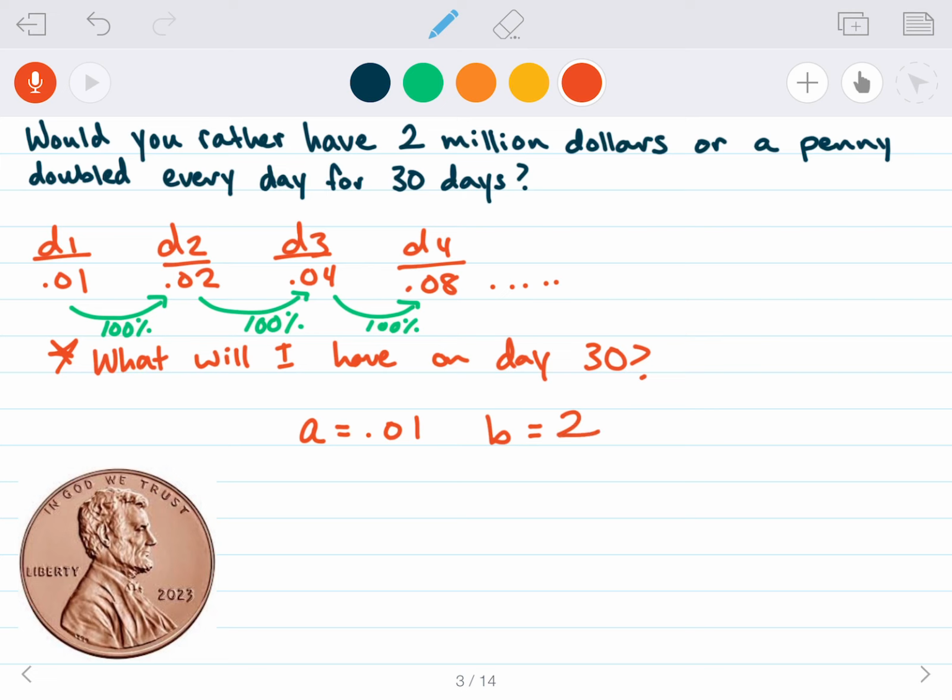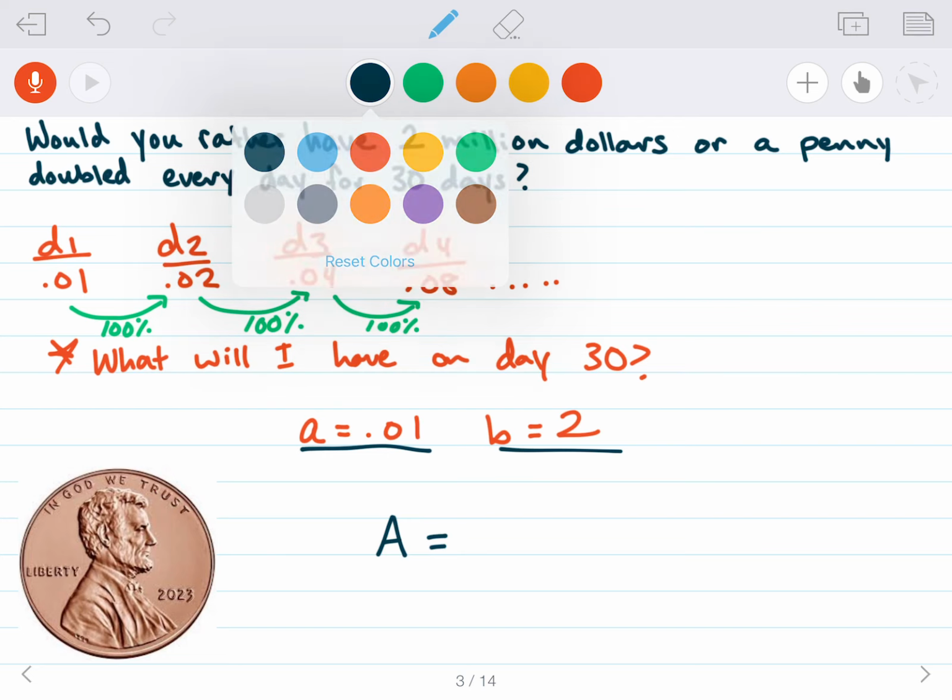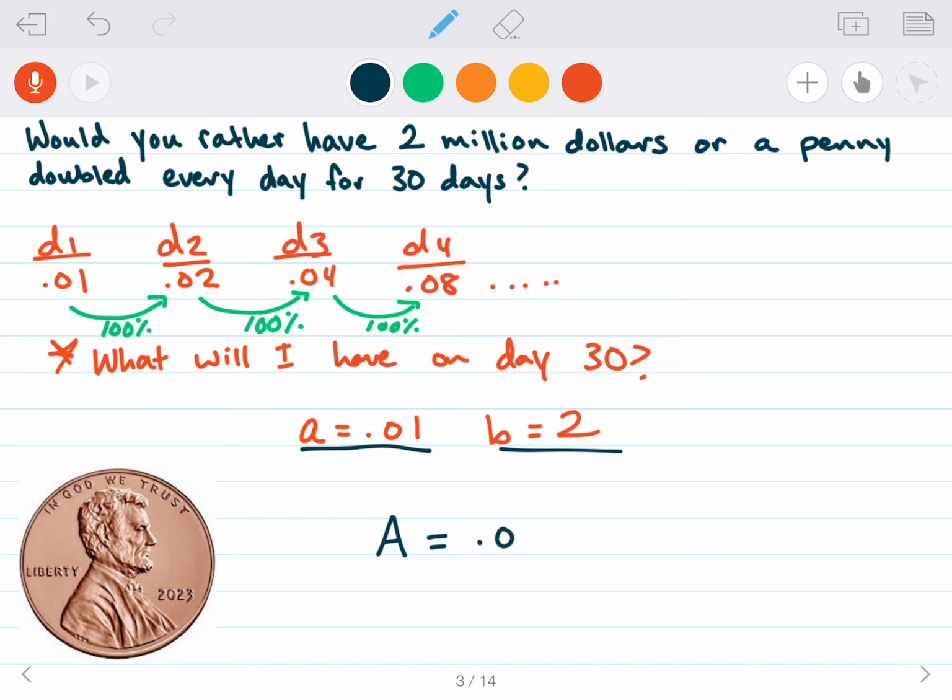That's our growth rate. And we can actually write our amount of money that we're going to have with these two things. So the amount of money we're going to have on day T is going to be our initial value A times B. And usually we'll put to the X or to the T. But since I'm starting on day 1 instead of day 0, I'm going to put T minus 1 so that